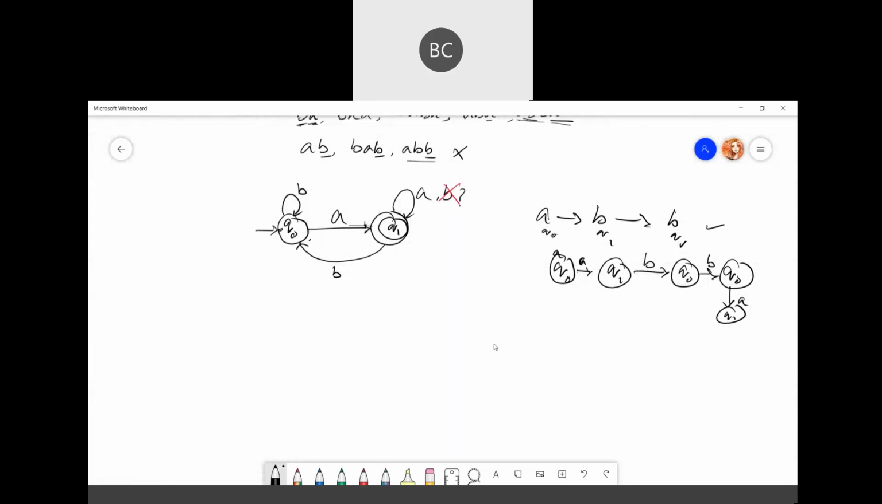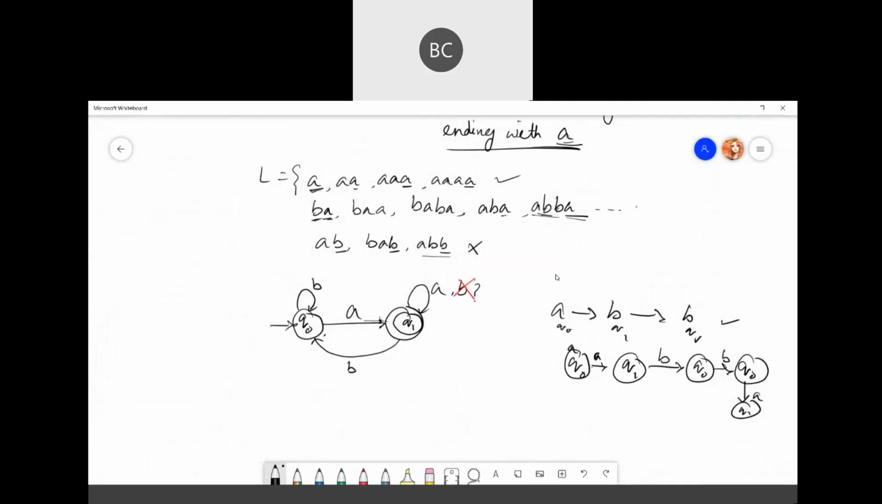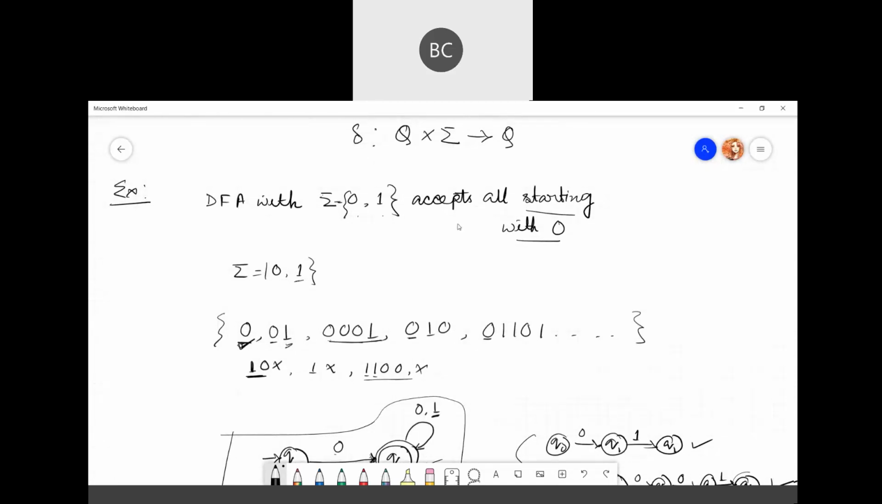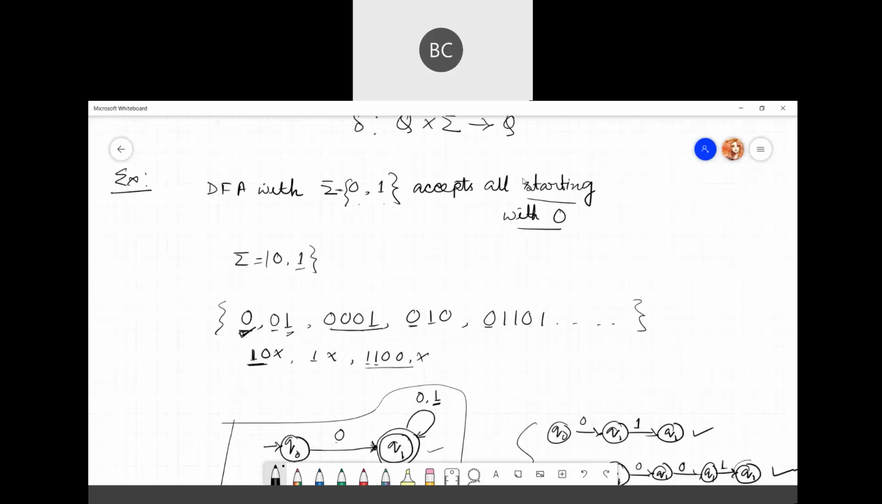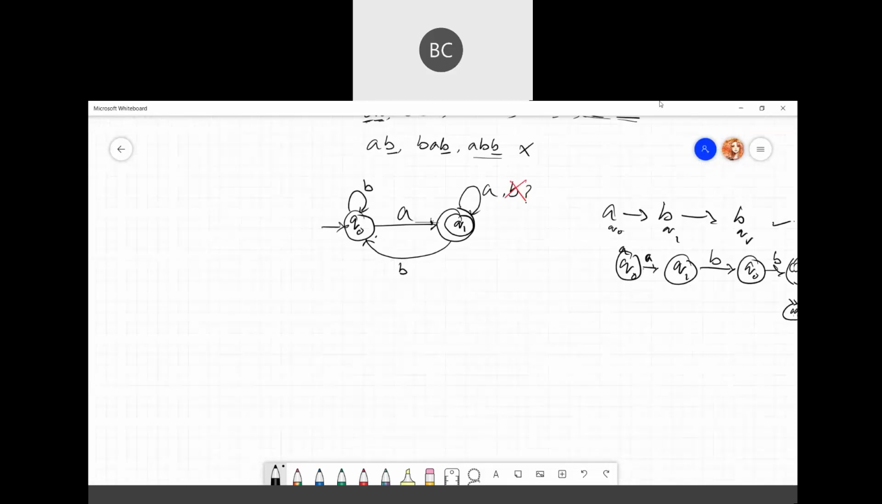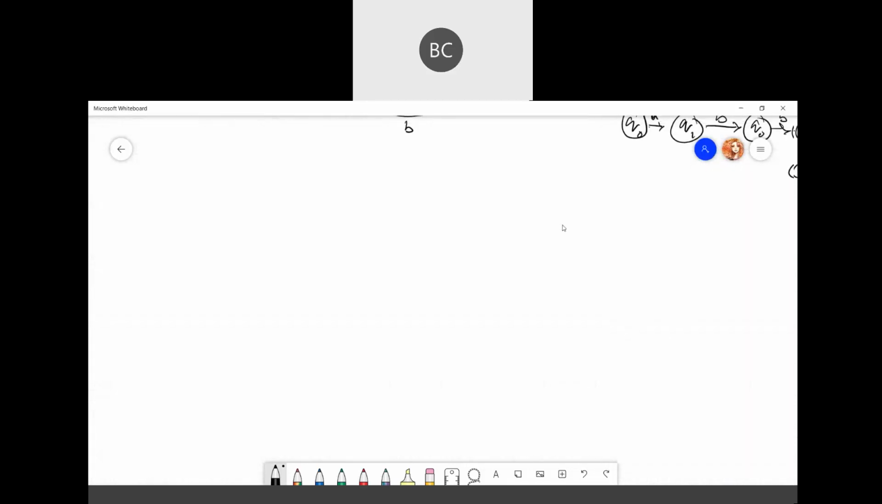Okay, now we will do a bit more examples. So the whole thing about this subject is that the more you practice, the more it will be clear, because there are numbers of ways of constructing DFA or asking questions. So in the previous class, we did construct DFA that accepts all strings starting with 0. Then we also checked accepts all strings ending with 0. Okay. Now let's do